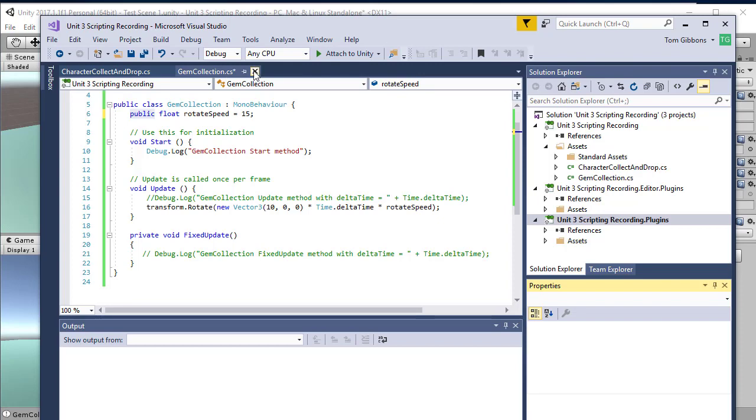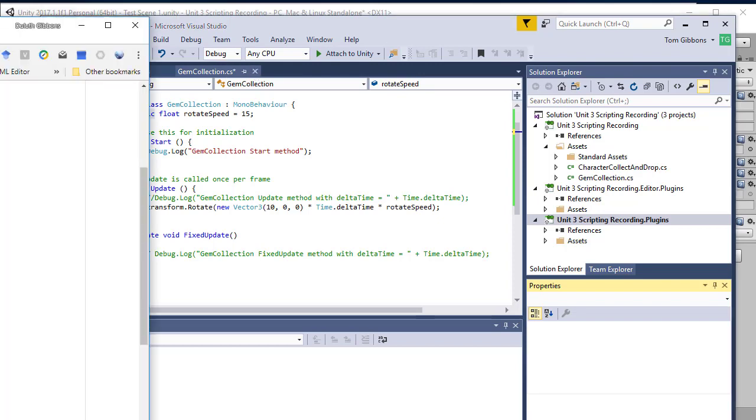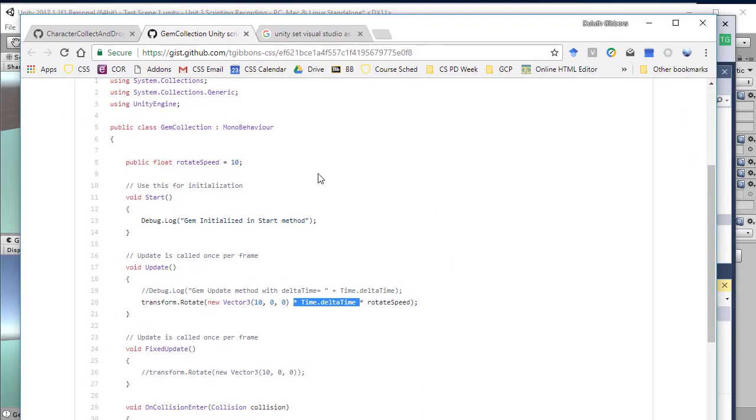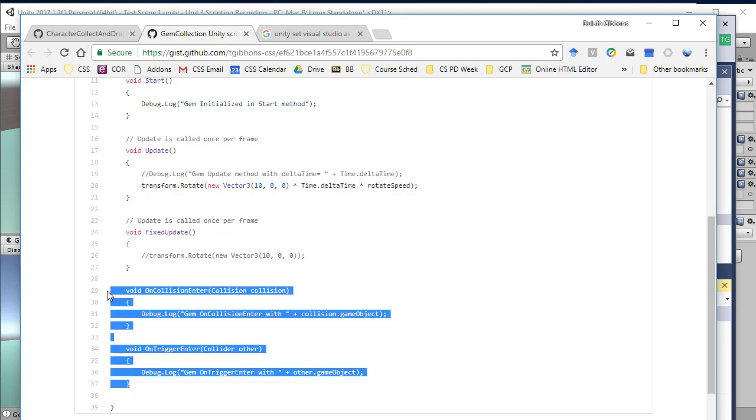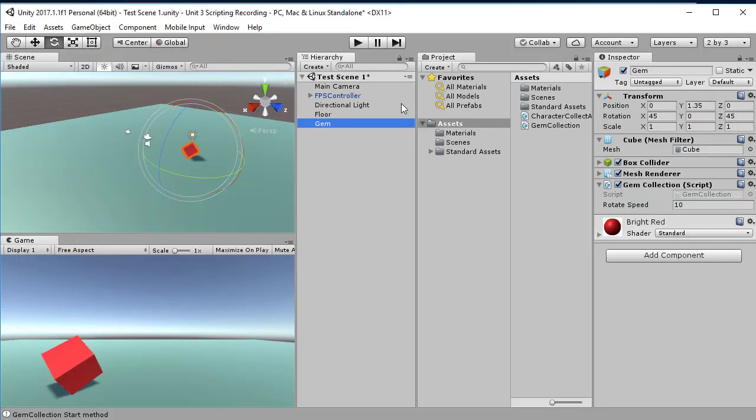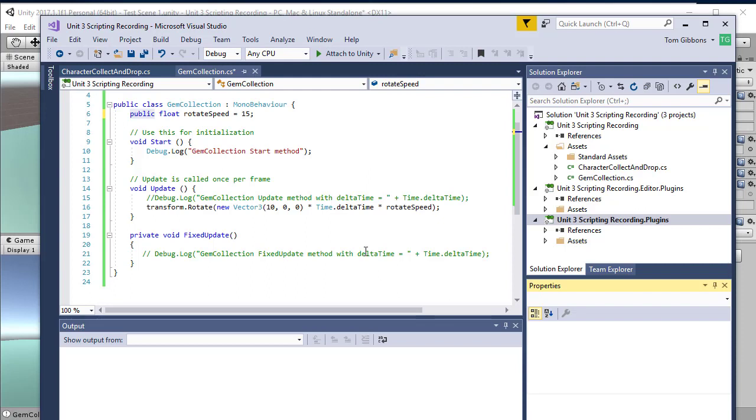So again, you might want to pull the source code for these that's posted. These are just the little gist versions of it, but we're going to grab these, an OnCollisionEnter and an OnTriggerEnter. And we're going to look at those two different ones for the gem script. So I'm just going to grab those from here, go to my script for my gem collection. So far I've got a Start, an Update, a FixedUpdate. I'm going to add in